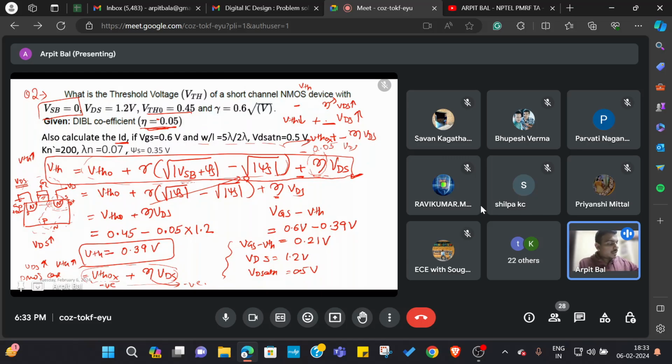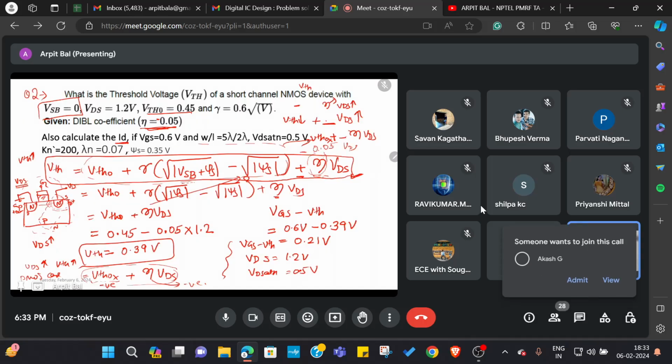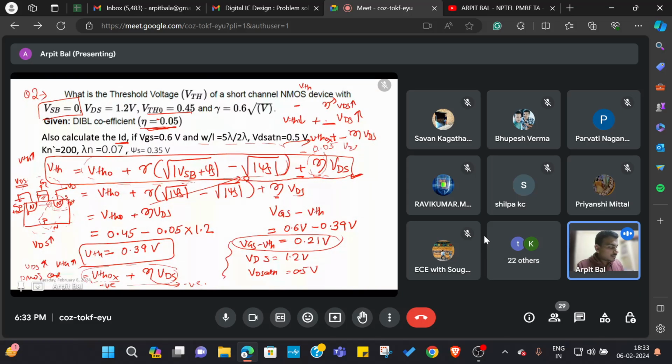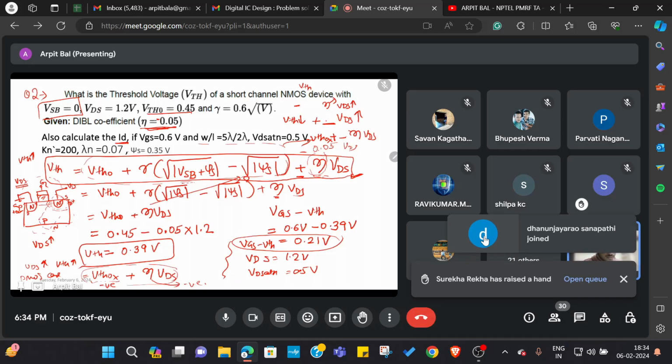Okay. So now we have the VTH and we need to figure out what is the ID. Here we saw that the minimum is VGS minus VTH, and because VGS minus VTH is the minimum, the transistor is in saturation. So we can write ID equals half into